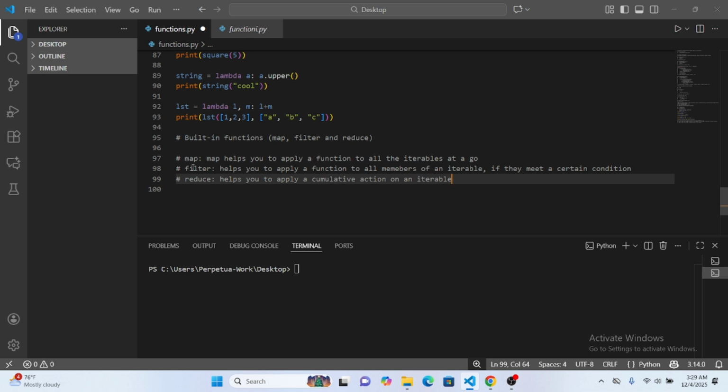Okay, so now reduce. Reduce will help you to apply a cumulative action on an iterable. So what do we mean by a cumulative action? Assuming I apply the reduce function on a list of integers or floats, and I want to add all those integers or floats. What will happen when I apply the reduce function on them? Well, reduce is not going to add 1 plus 1 and give you the result, 2 plus 2 and give you the result. Reduce is going to keep 1